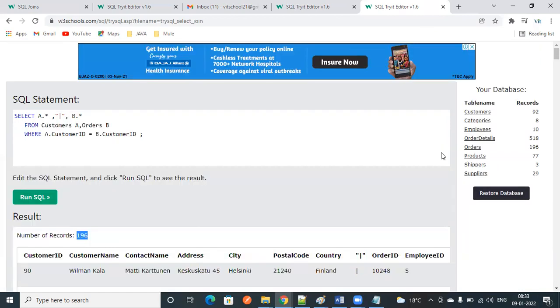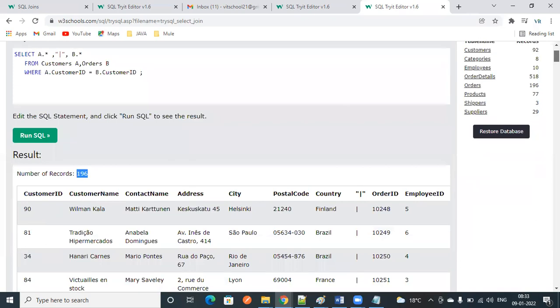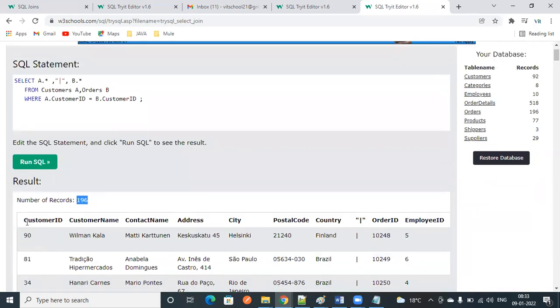Okay, I don't want all the columns. So what we can do? I just need customer ID and customer name from each table.